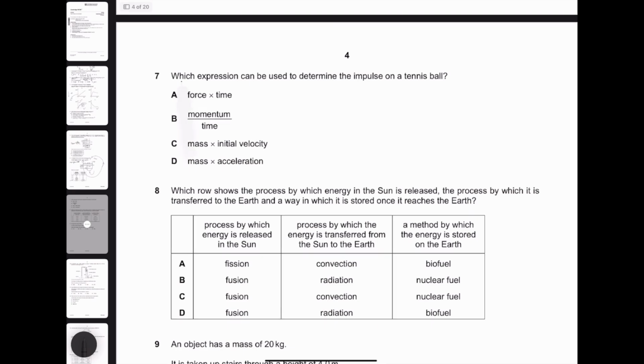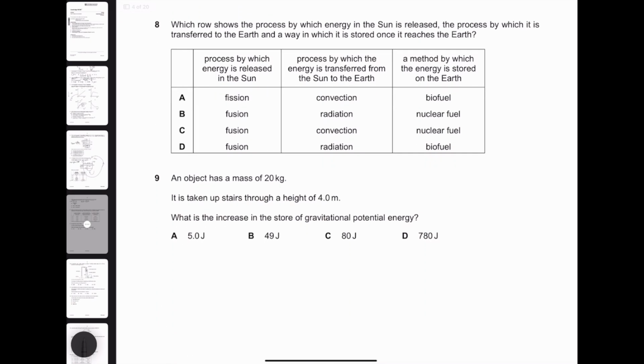Question 7. Which expression can be used to determine the impulse on a tennis ball? We know that the impulse formula is there. There are two formulas. One is mv minus mu and the other one is force times change of time. So if you have to figure out the impulse on a tennis ball, you have to pick one out of these two, mv minus mu or F into time. F into time is given, so your answer should be